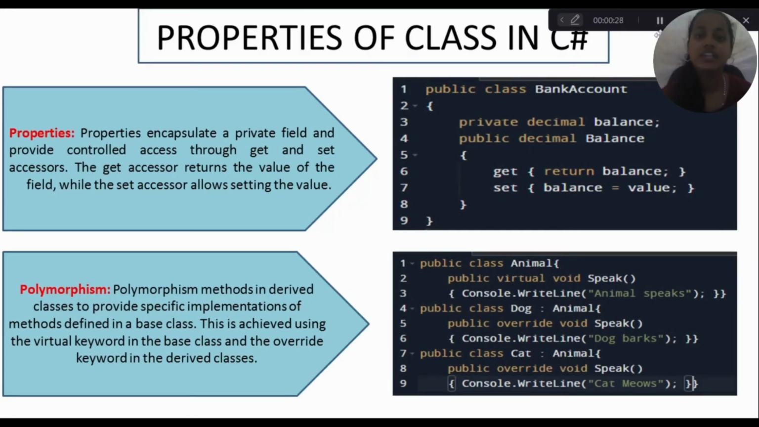This wraps up our discussion on properties of C#. These concepts are essential for understanding how classes work and interact with each other in object-oriented programming, which is called OOPs. Next up, my group members will take you through exception handling,